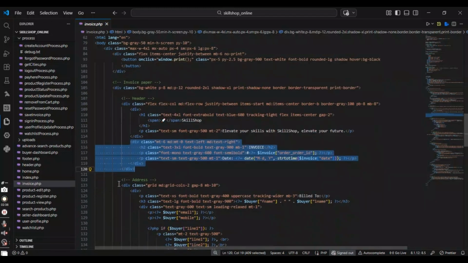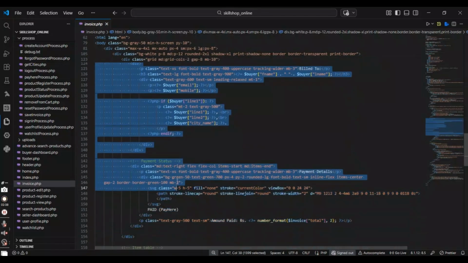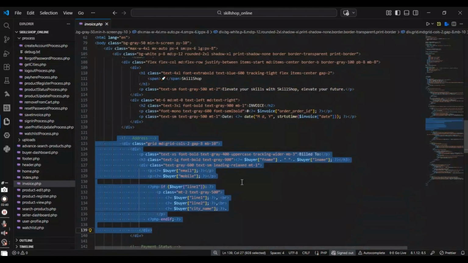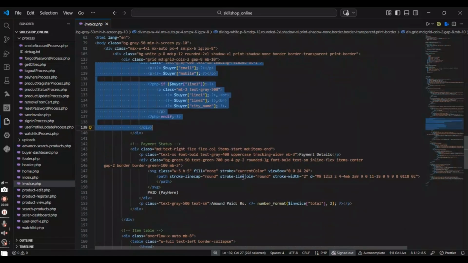Then here in our address section, this section displays the buyer's information on the invoice. It shows the buyer's full name, email and mobile number, and if available, their address and city. Conditional logic ensures the address is only displayed if it exists, keeping the layout clean. Then here